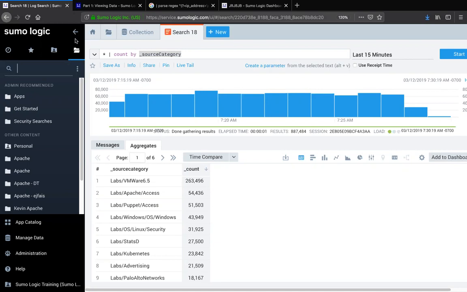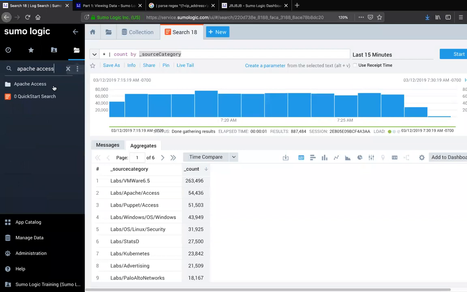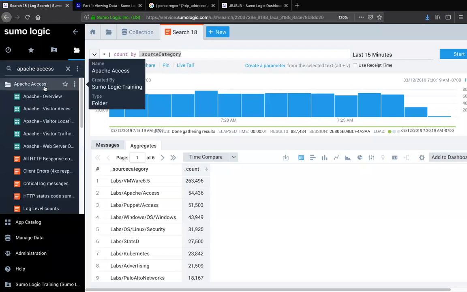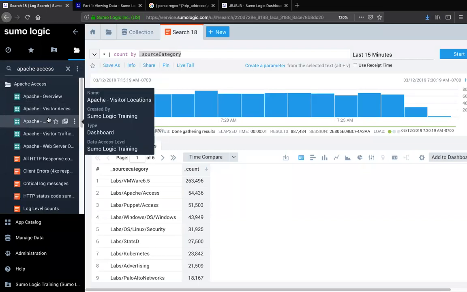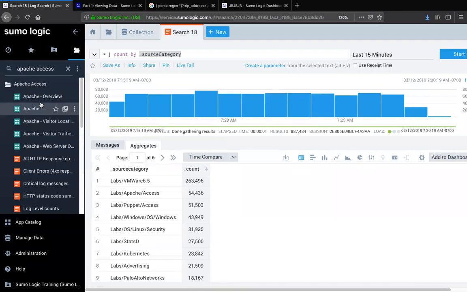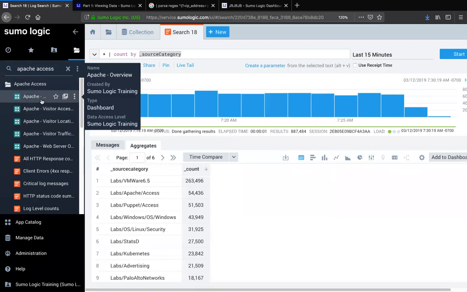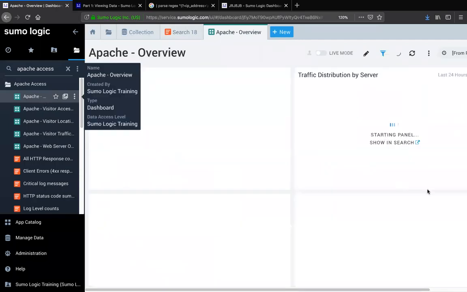Well, let's check. So we're going to go to the black bar. We're going to go to the library option, and the library option allows us to see those things that have been shared by other people. And then we're going to see, is there anything related to Apache Access in the library? Well, I see this Apache Access folder, and I see all these different things in here. And so if I want to look at an Apache overview that somebody's created, I click on the Apache overview,